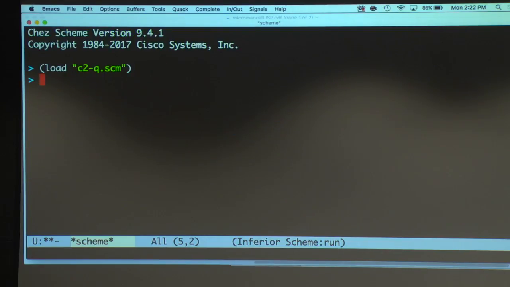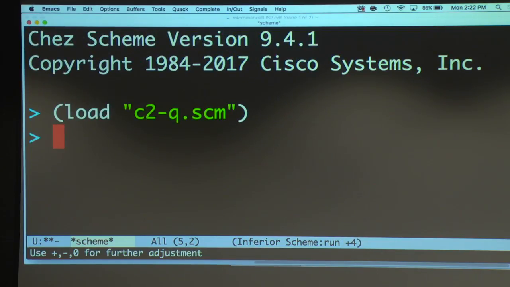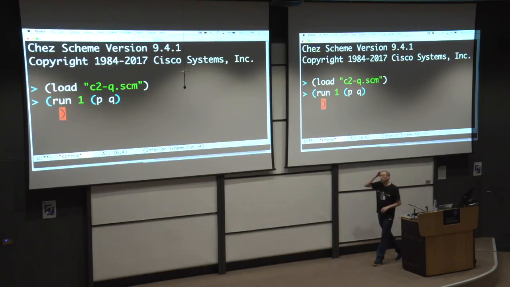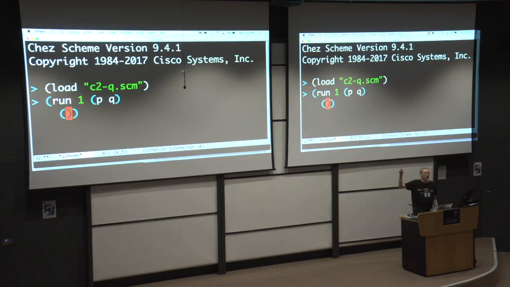All right, so let's do it for real here. Let's do our run one. I told you there's P and Q, so we can have more than one query variable. How about we have P and Q? And now what would I write? The language is so sophisticated, there kind of is an and, but we don't have to write it, as it's implicit, just like begin is implicit in Scheme.